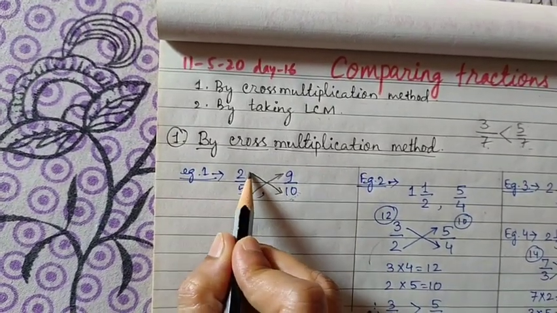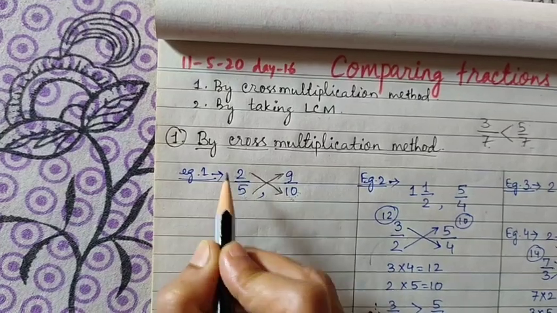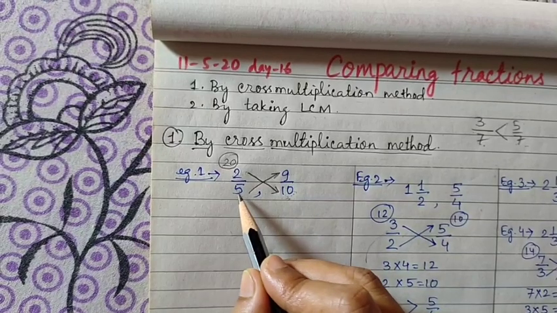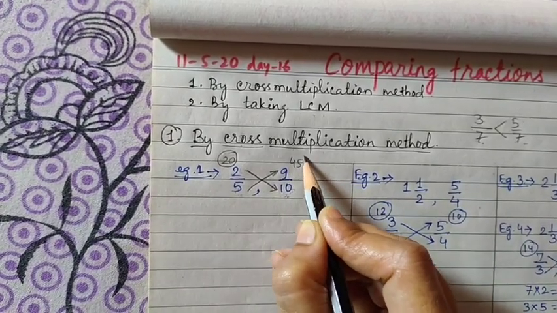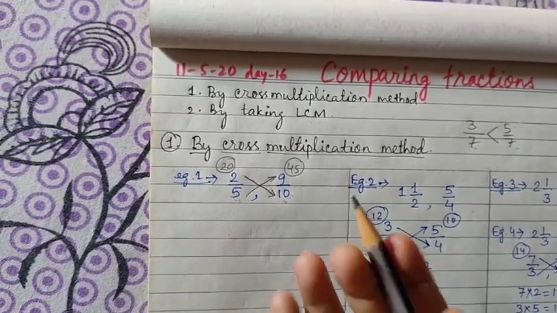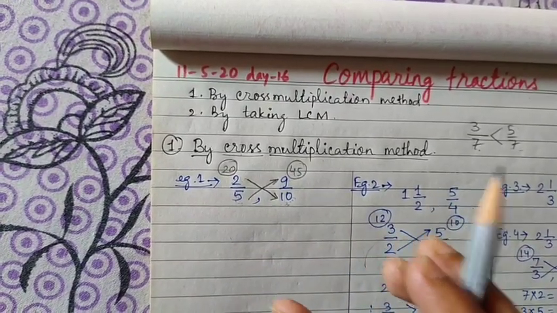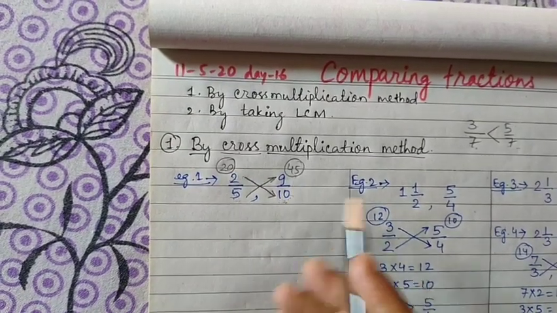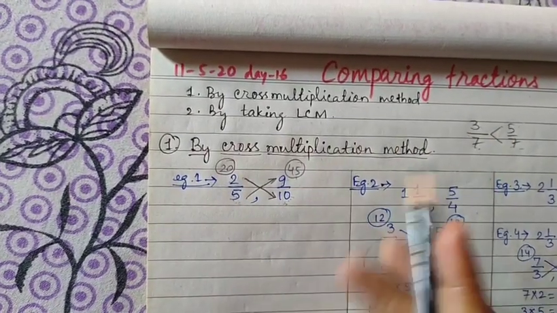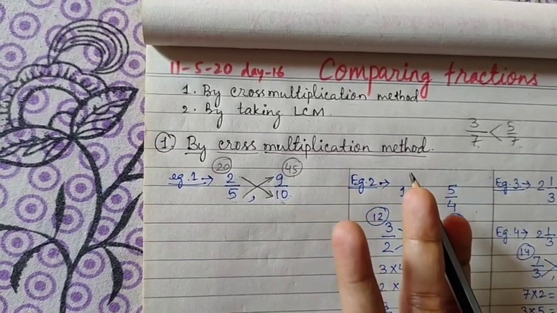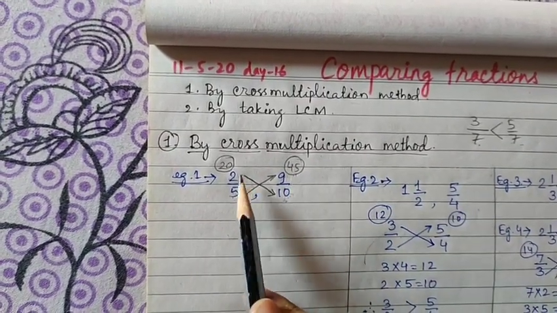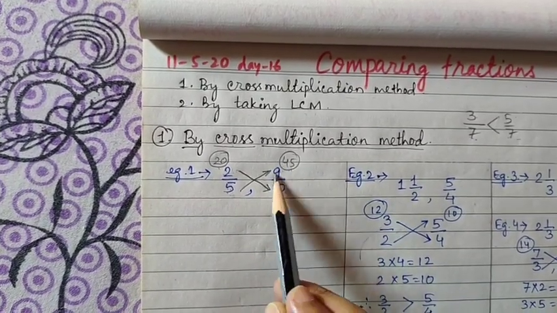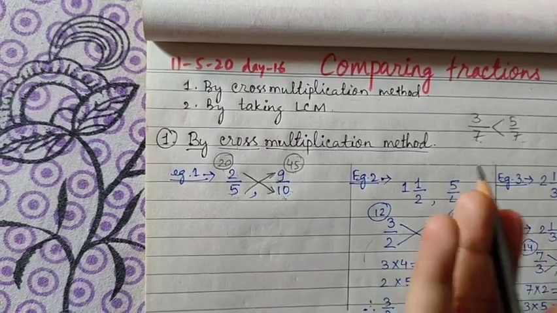And as this path is shown, you multiply 10 2s, you write the product over their head and circle it. Then 5 9s are 45 and then encircle it. Now you see the trick is, see the highest product, which is the highest one, 20 और 45. 45, so जिसके सर के ऊपर या जिस साइड बड़ा प्रोडक्ट होगा वो वाला फ्रैक्शन बड़ा है. So now you see 45 is greater than 20 and 45 is over the fraction 9 by 10. That means 9 by 10 is greater.